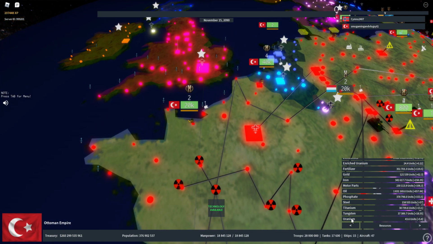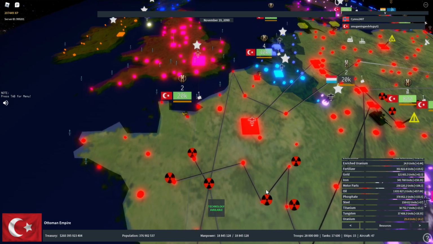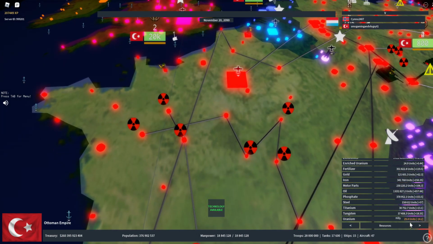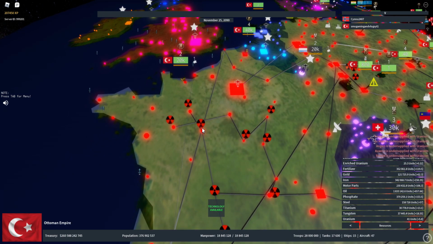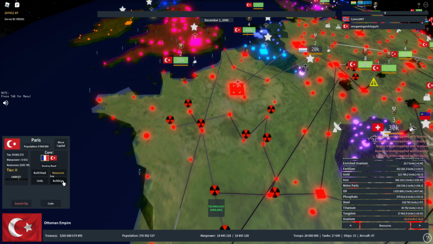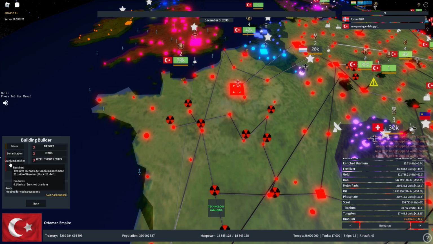First of all, you're going to need to make sure you have a bunch of uranium. I used to have a bunch, but I made 16 nukes. So when you have 20 uranium, you're going to go ahead and... Okay, for some reason that's not working, but whatever. So what you're going to do is go into buildings and build a